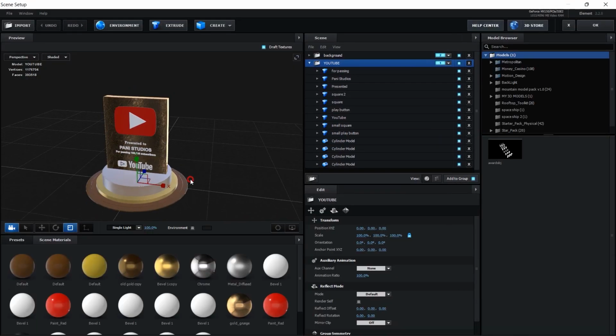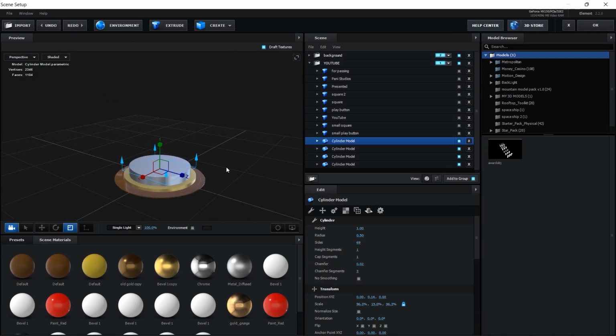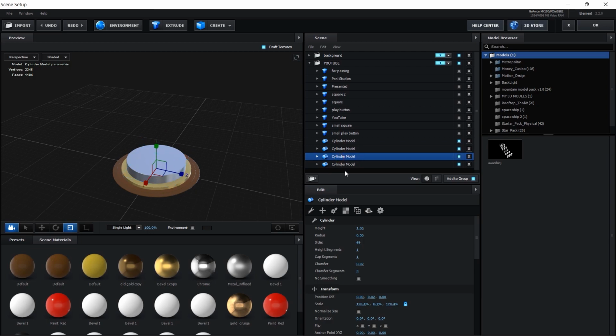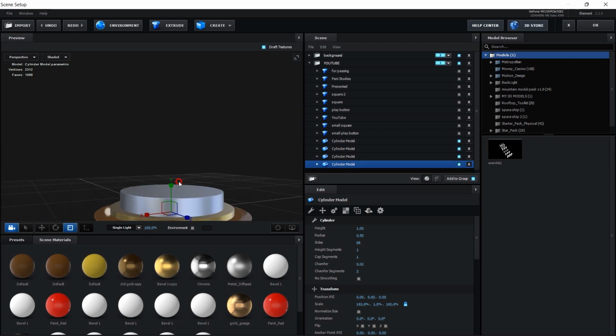Okay, so I created everything inside the Element 3D. Okay, and I created the base using this cylinder model. All I did was scale down the cylinder models, created about 4 models. As you can see, one is flat, the other one is a little bit higher than the other, and that is how I did it